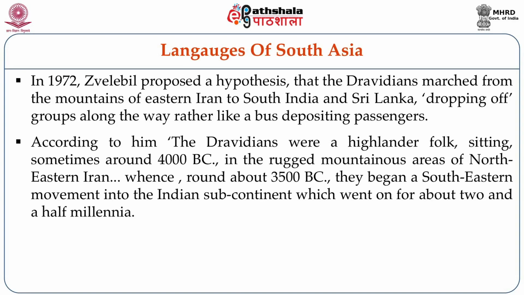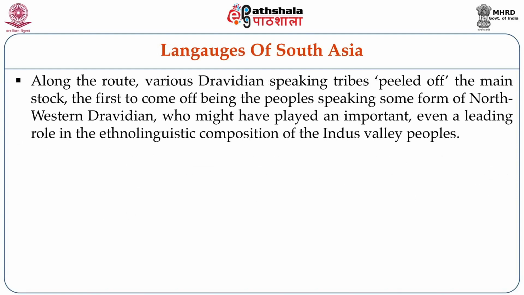According to him, the Dravidians were a highlander folk sitting sometime around 4000 BC in the rugged mountainous areas of northeastern Iran, whence around 3500 BC they began a southeastern movement into the Indian subcontinent, which went on for about 2.5 millennia. Along the route, various Dravidian-speaking tribes peeled off the main stock, the first to come off